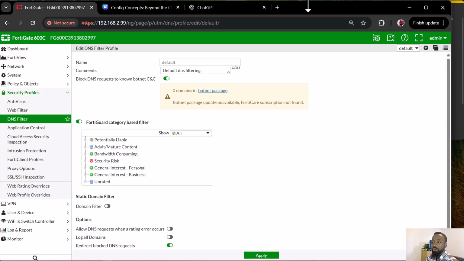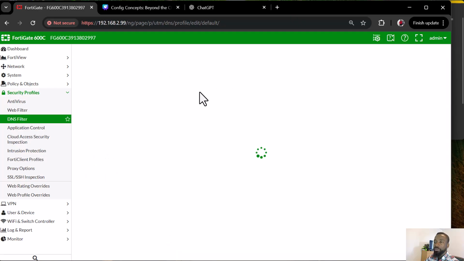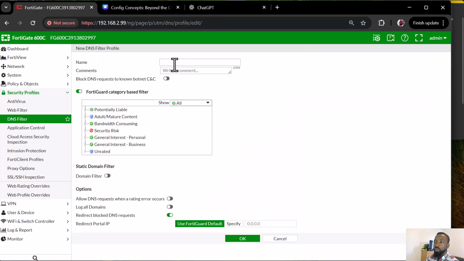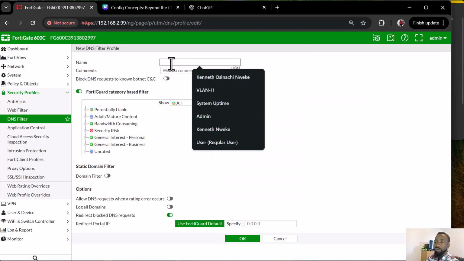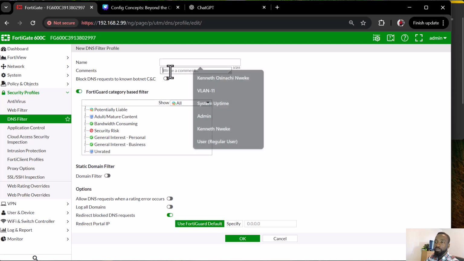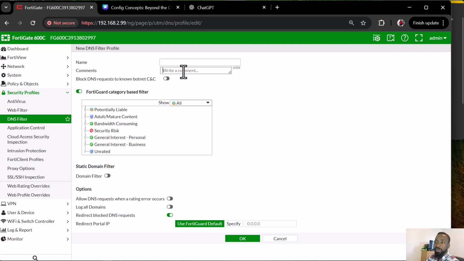So for a DNS filter, you also give it a meaningful name. This is the default one. We have to create ours. So if we create our own, we'll give it a meaningful name right here. Once we've given it a meaningful name, you can give it a comment, right? And then you can select the type of content you are looking to filter out and then click on OK, right? Once you've clicked on OK, you go back to your policies and objects,